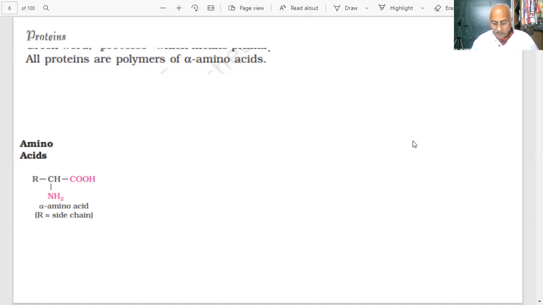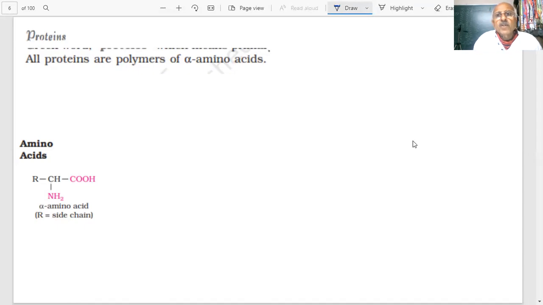Last time I have been telling you about amino acids, and we have told you that there are 20 natural amino acids. Can you tell me the name of the amino acid which is optically inactive? Glycine. Okay. Are these natural amino acids found to be D or L configuration? Naturally occurring are L configuration.